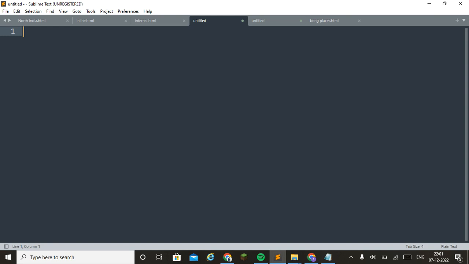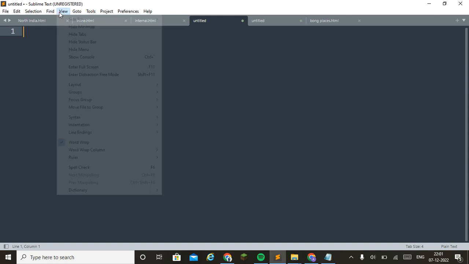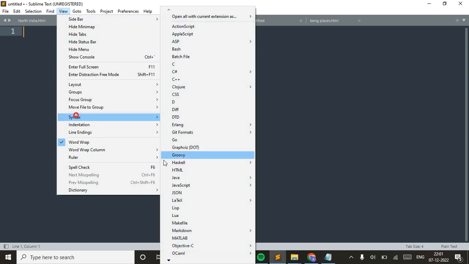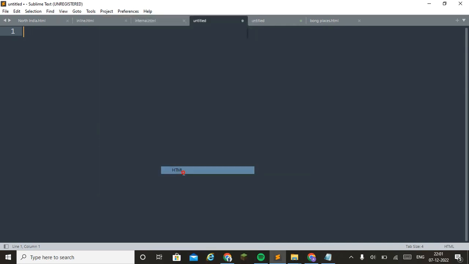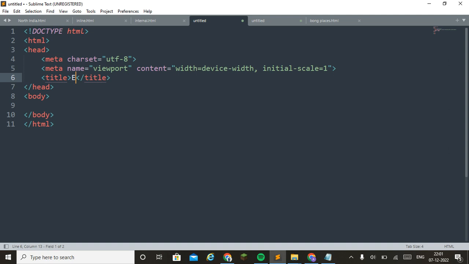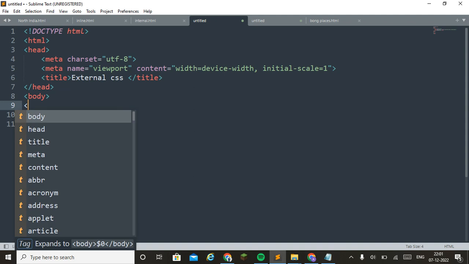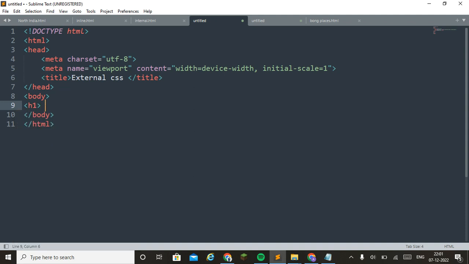So how to do this? View, syntax, HTML, then external CSS. So now we want to create one heading, external CSS.